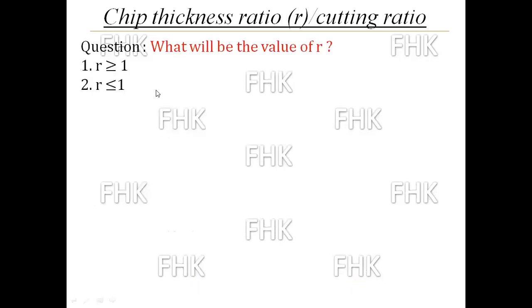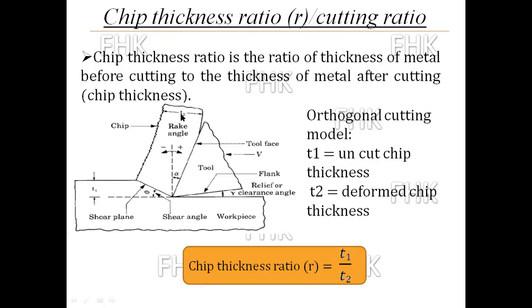So let us see a question that may be asked in the examination or your GATE exam also. What will be the value of r? The options are: r is greater than or equal to 1; second, r is less than or equal to 1. So what will be your answer? You can see in this image the thickness after cutting, that is chip thickness, is always greater than T1. T2 is always greater than T1 due to the deformation of material